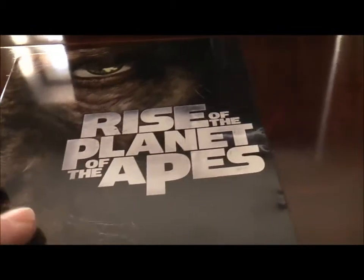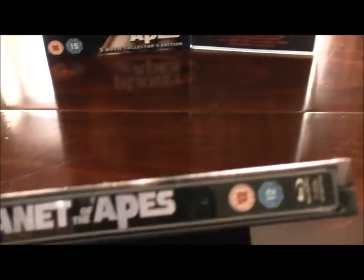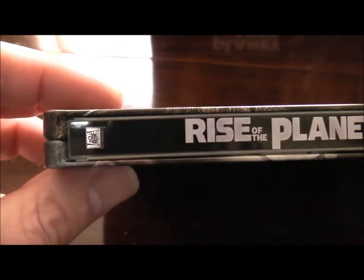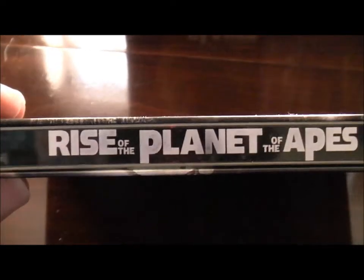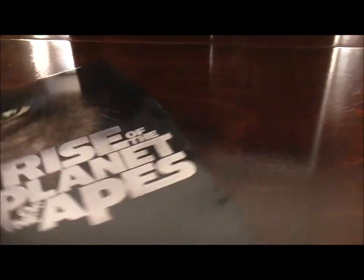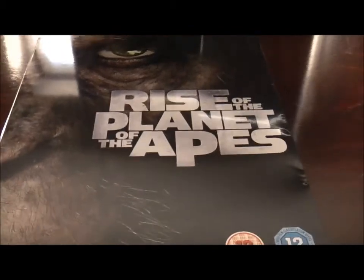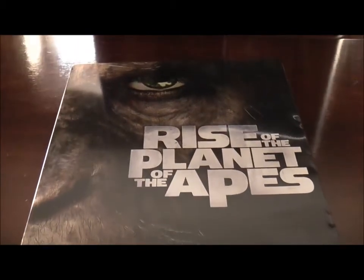But as I say, it is about the Steelbook, and this is a very nice Steelbook indeed, and very much in line with the terrific recent Steelbook releases from both Play.com and HMV, and their exclusives. They are very, very well done indeed. So there we are. That is the Rise of the Planet of the Apes Play.com exclusive Blu-ray Steelbook. Very much looking forward to watching it,